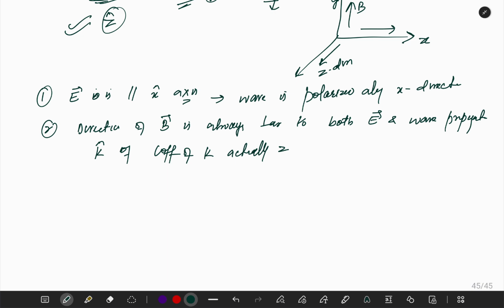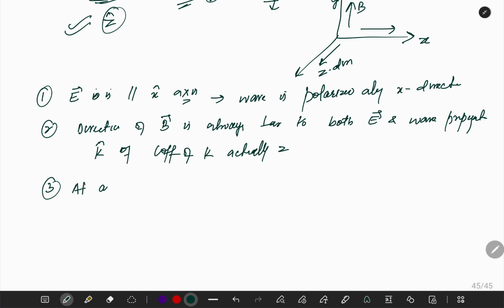So actually it is the k which decides the direction. So even we can say k cap is the direction of propagation, because whatever the factor is associated with the k will decide that thing. Okay, third point is,